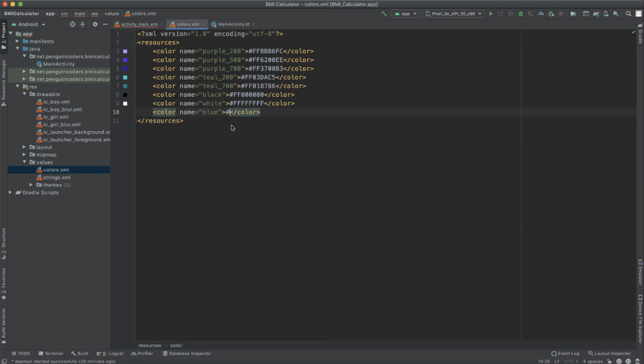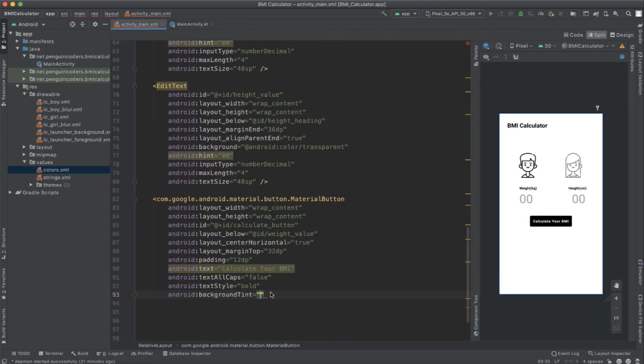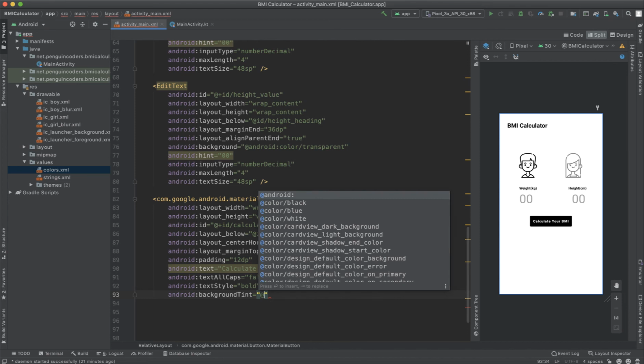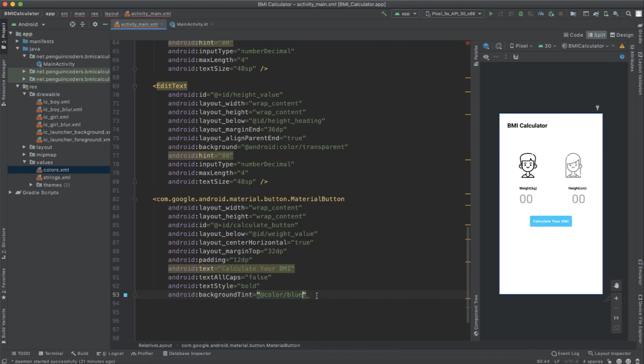The value is 02CDFA. So this is the blue color we will be using in our application. So the background tint is @color/blue. So the button will become blue and the text inside that is white.